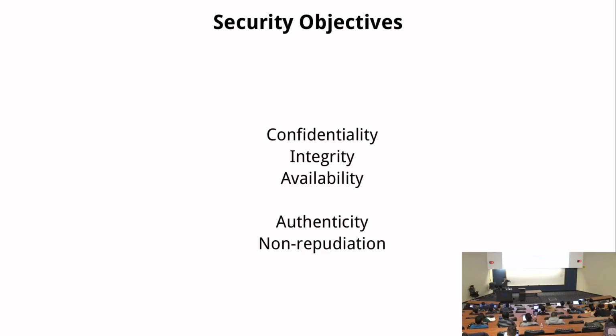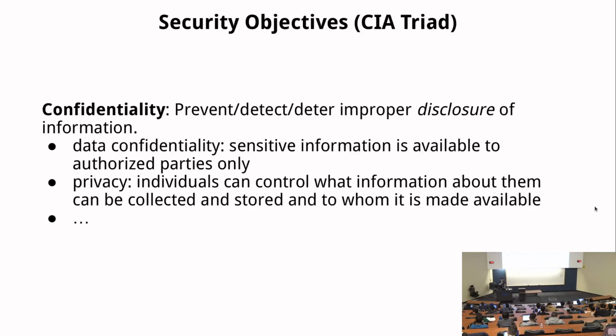And also, many other researchers argue that there are other security properties which cannot be covered by those 3. Most likely, people will say the other 2 are authenticity and non-repudiation. But many people will also argue those 2 properties can also be covered by the first 3. So people have different opinions on this. I will give you a little more detail on each of them.